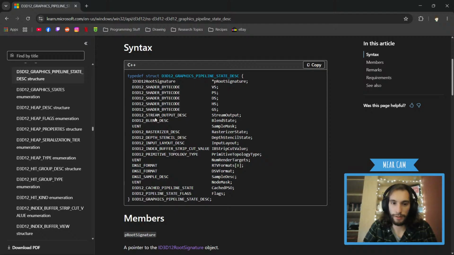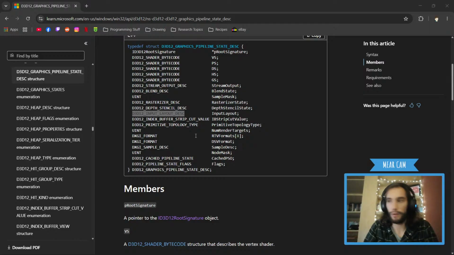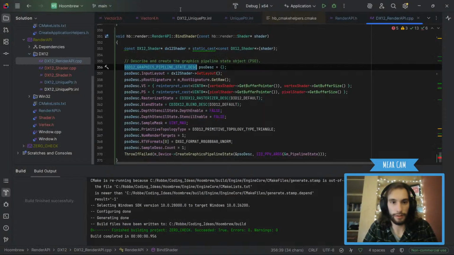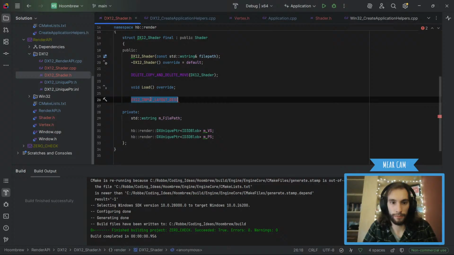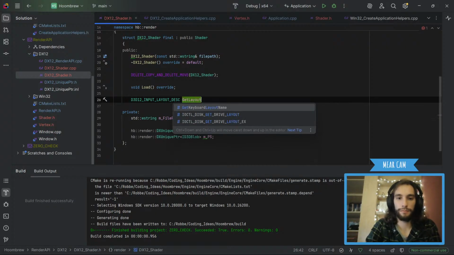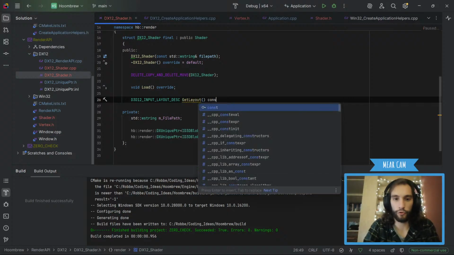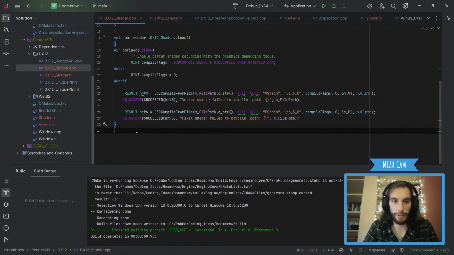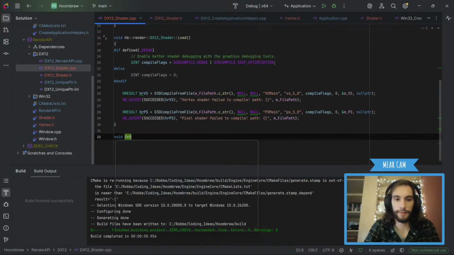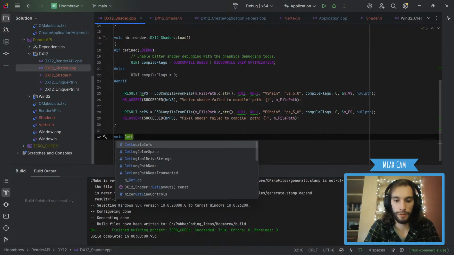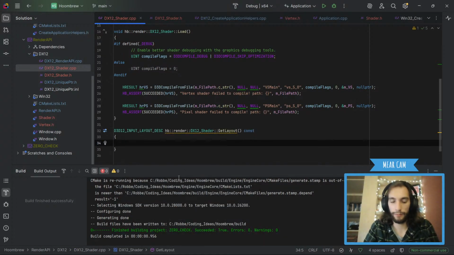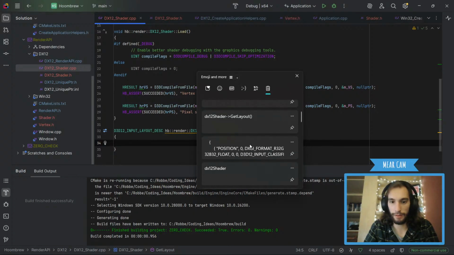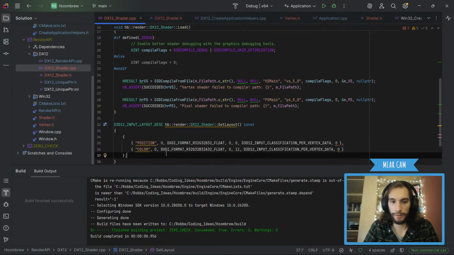Okay, so what I need is the input layout description. Oh, it's D3. Oh, I just spelled it wrong, didn't I? Yes, I did. Get layout. Const. There we go. And then we're gonna make a void get layout. There we go. And then we're gonna see if we can... That, yeah.